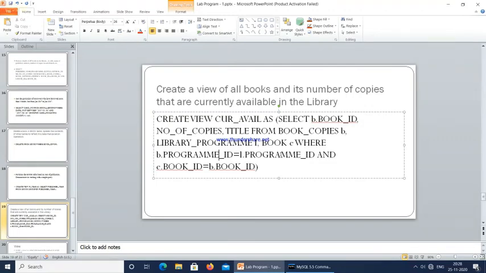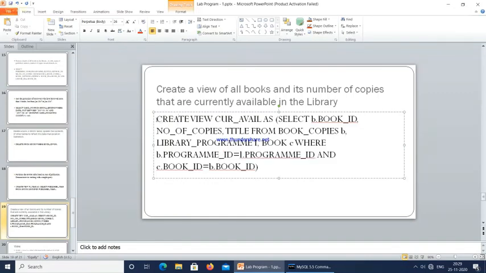Both should be matching. The books that belong to the program id should match the library program id details, and c dot book id is equal to b dot book id. That means from the book table you select the book id, and from the book_copies table you select the book id, and both should be matching.